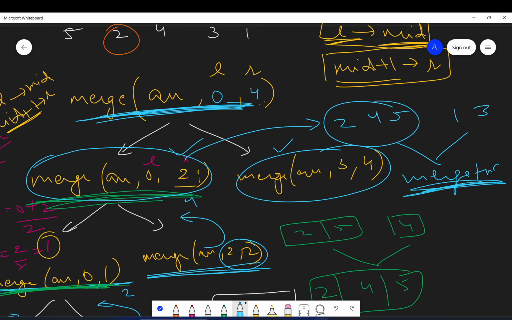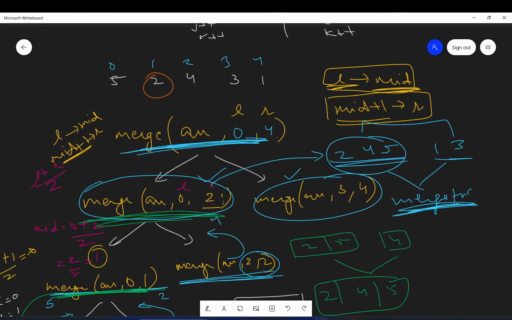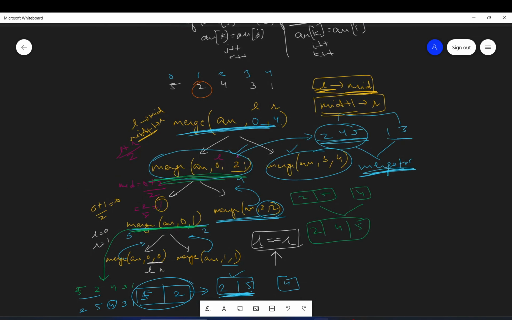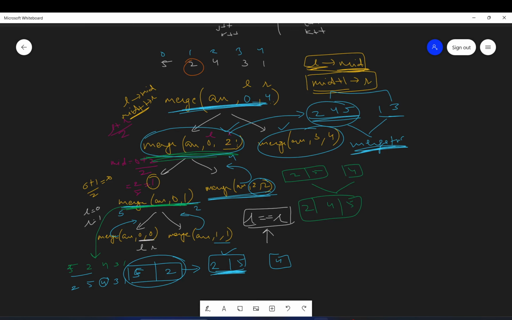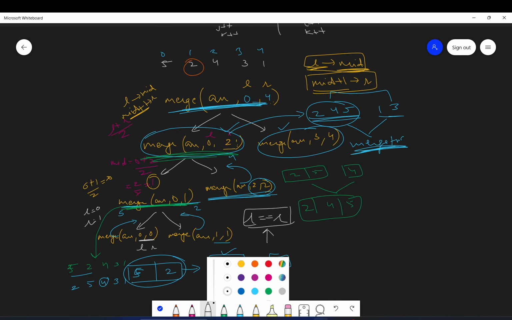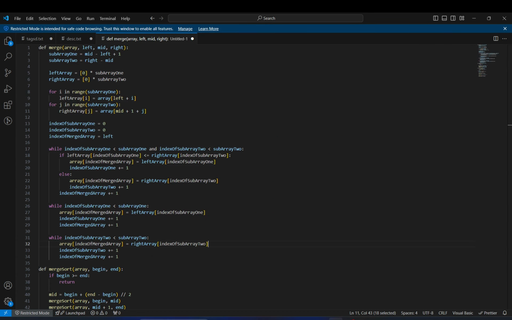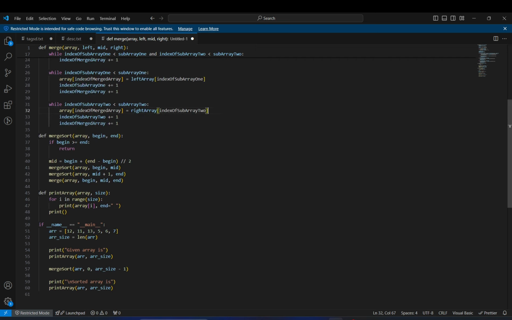And when the merge function is done, we will get the sorted array as we have seen earlier. So I hope you got some clarity on how this recursion is happening. I would highly recommend you dry run it yourself. If you don't dry run it yourself, you won't be able to understand it completely. Let's quickly see the code for this. The code is very simple, although it may look complicated, it's very easy.